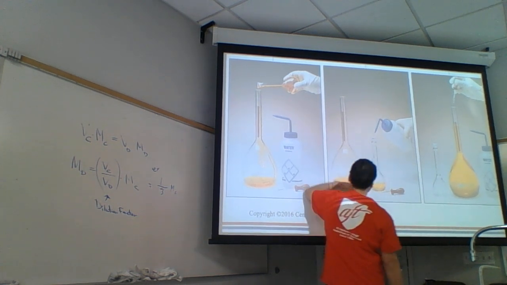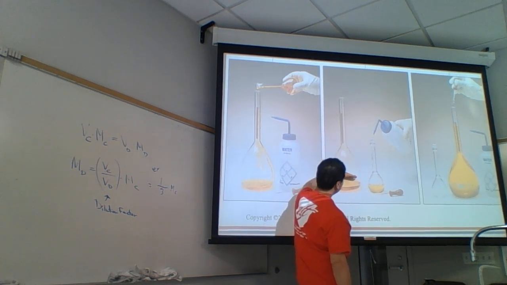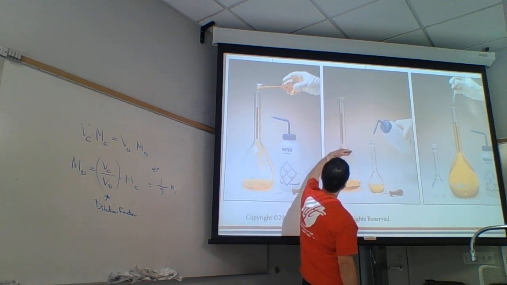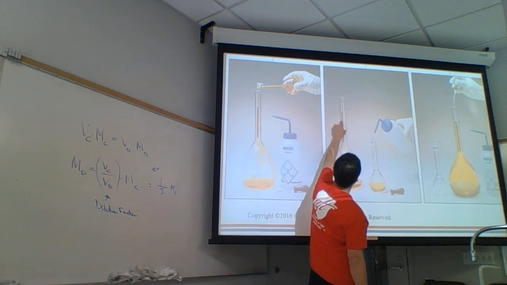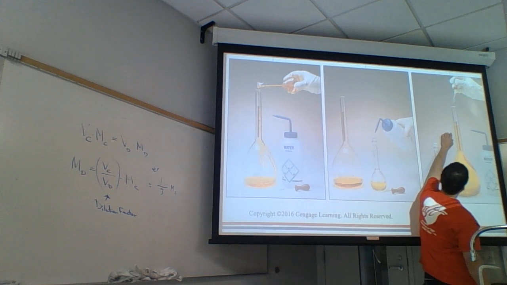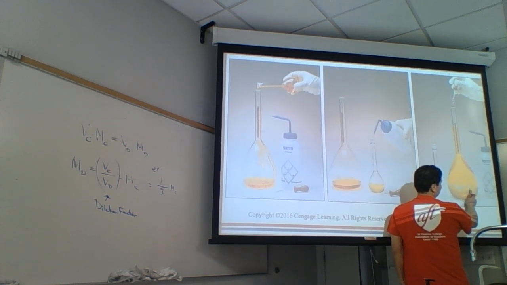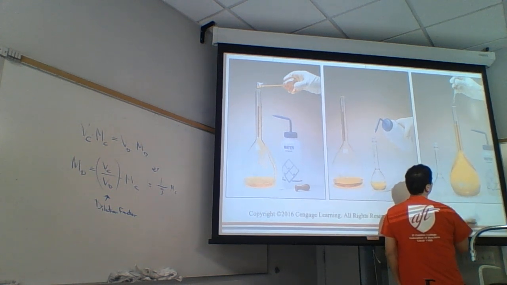Okay, once they rinse it all in here, it fills about this much of this flask. And then they fill the rest with water. And then there's going to be a line etched here. The line's etched way up here. You can barely see it. But they're going to fill it right to the line. When they fill it right to the line, then that's 1,000.00 milliliters worth